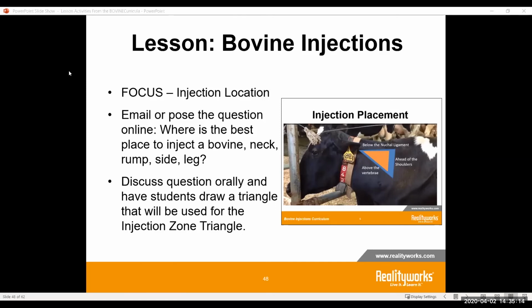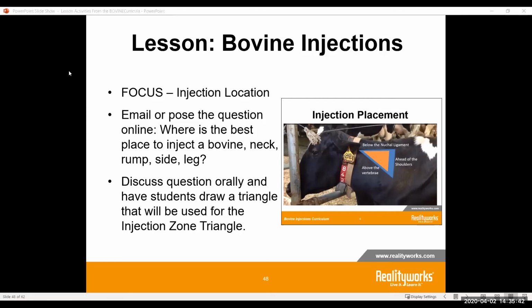Another thing you can do is, once students understand why the neck is better, not only for the standards and regulations but for their own reasons, start talking about the injection zone triangle. Draw the triangle. What surrounds the triangle?